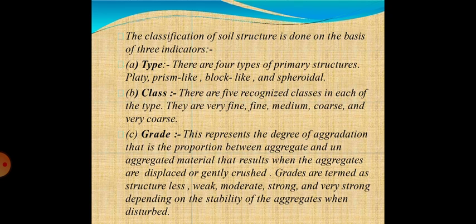Grade: these represent the degree of aggregation, that is the proportion between aggregate and unaggregated material that results when the aggregates are displaced or gently crushed. Grades are termed as structureless, weak, moderate, strong, and very strong depending on the stability of the aggregates when